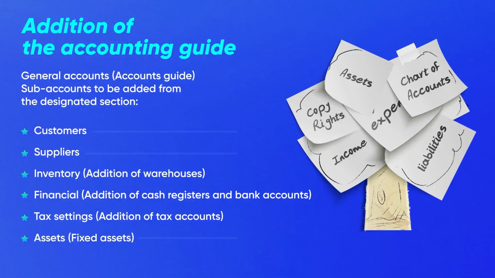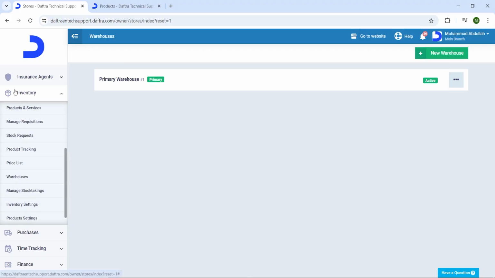Now, we will talk about adding warehouses. Head to the Inventory menu, and then to Warehouses. When you access the Warehouses page, you will find the primary warehouse which has been added to the system by default. And if you need to add more, you can click on the New Warehouse button from the top right corner of the screen,